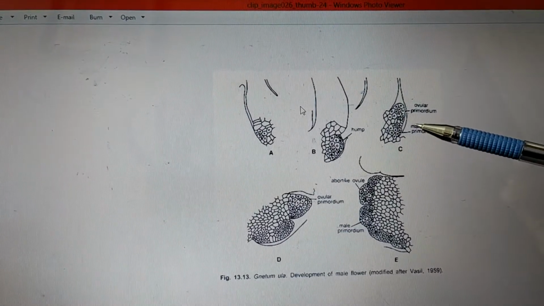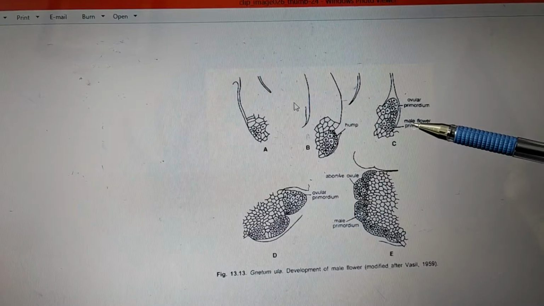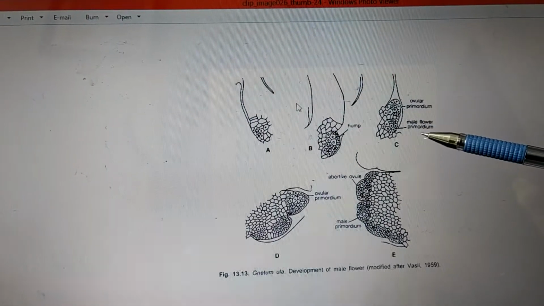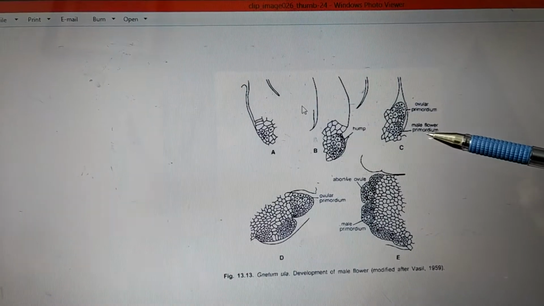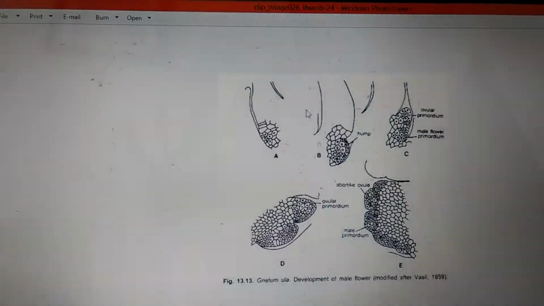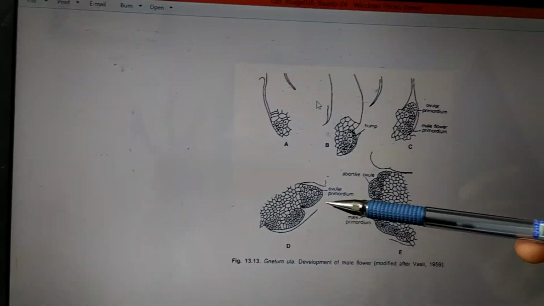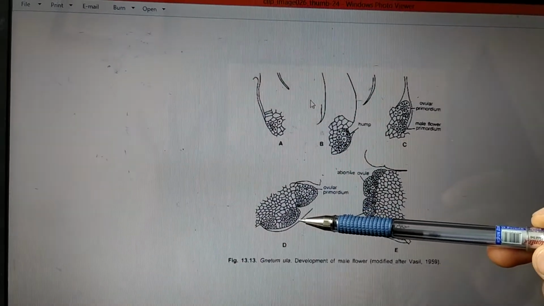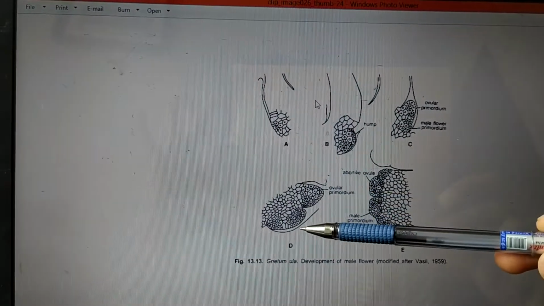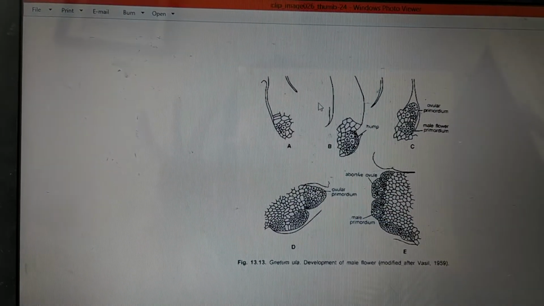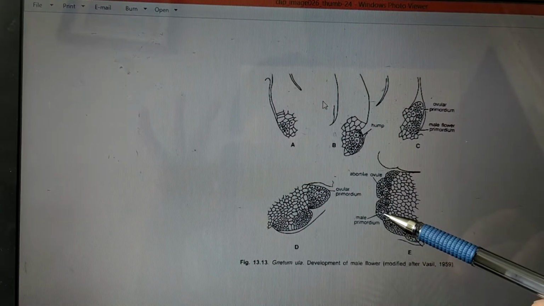the cells of the lower side of the annular outgrowth, form the primordium. Which primordium? The male flower primordium. A primordium is a group of cells, and these cells are going to form what is called the male flower. Now this further differentiation leads to the formation of a structure like this. This is going to form the imperfect female or abortive ovules, and this part is called the male primordium. Further division leads to the formation of a structure somewhat like this.